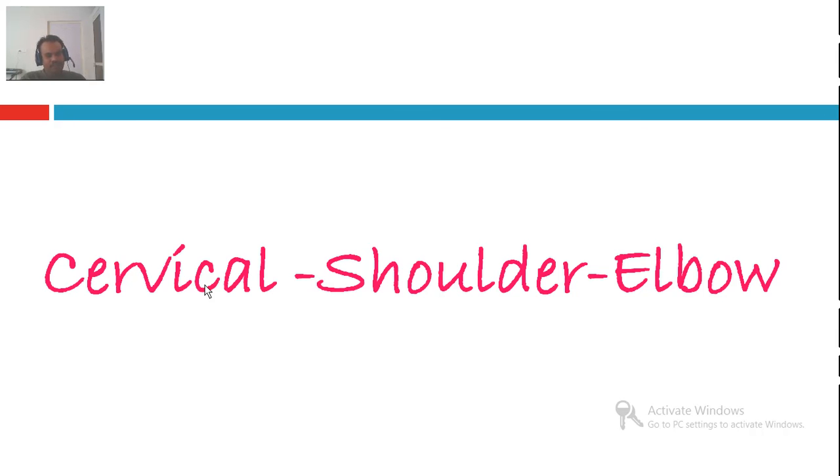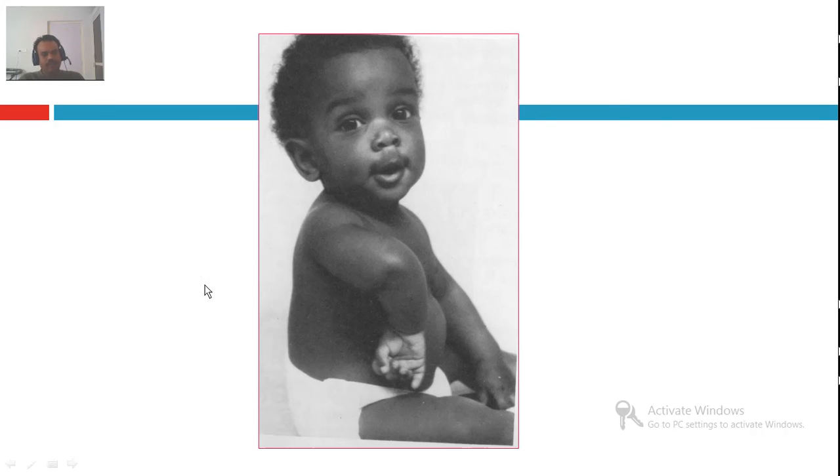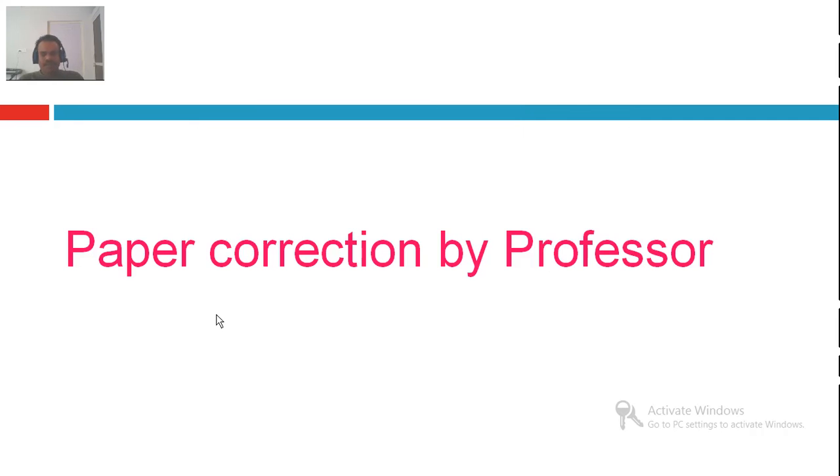Forget about this, but here the rule is very simple: one plus, one minus. That means always evaluate one joint proximal and one joint distal. So when a patient comes with shoulder pathology, do not forget to evaluate the cervical spine as well as the elbow joint. Okay, have a look at this picture of a boy. Can you see two pathologies? This boy has Erb's palsy, and the second one is a posterior dislocation. Okay, this I can skip.